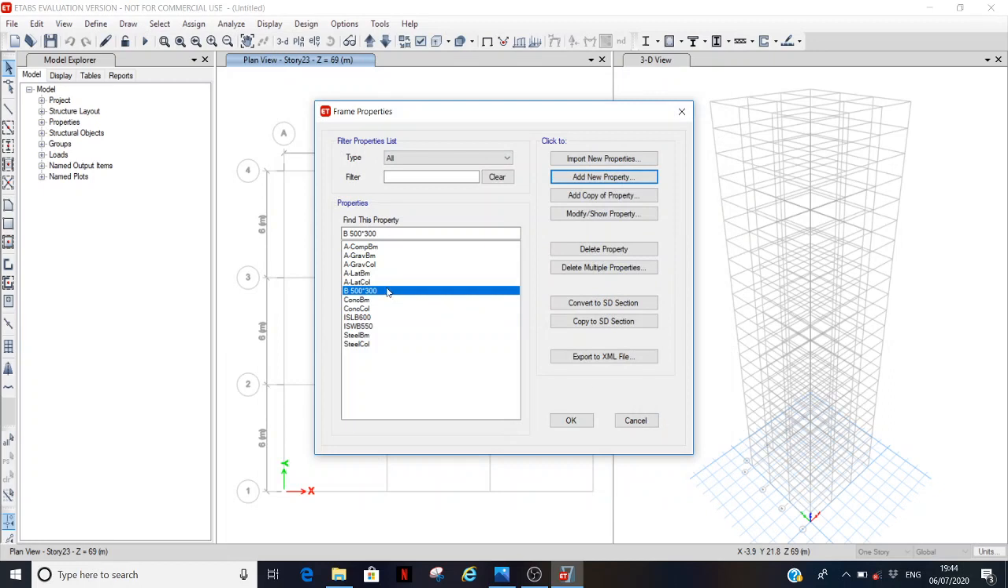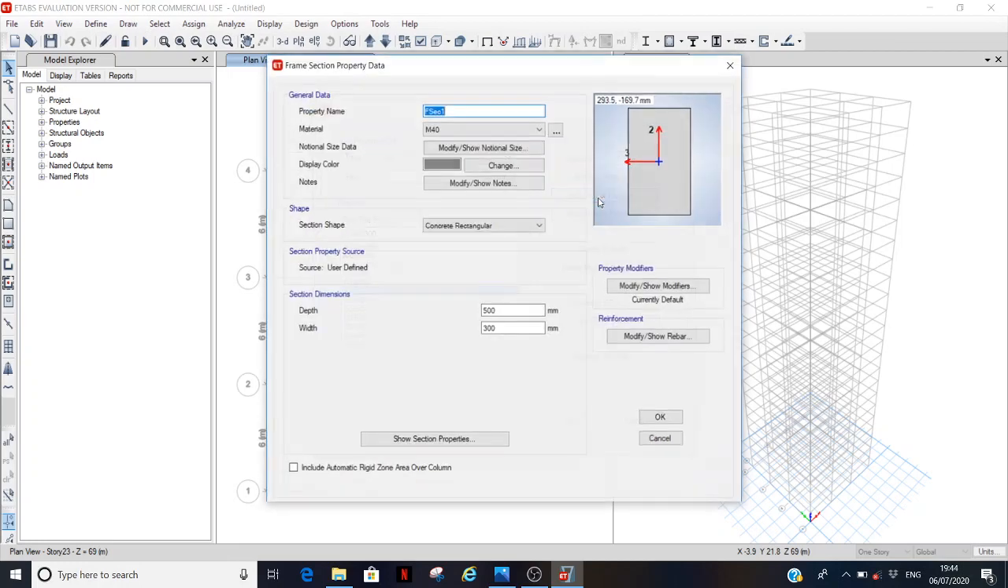Beam section is being added here. Now we need to define two other beams of dimensions 550 by 350 and 600 by 400. No need to go to add new property. Just select this beam and go to add copy of property. Here, give the name 550 by 350,